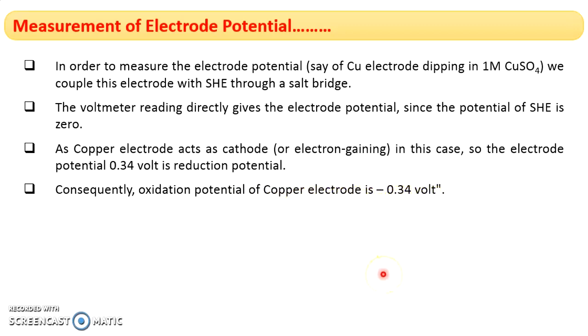Okay, in this way we can find out the electrode potential of sample electrodes. As we are maintaining standard conditions here, we are getting these values like 0.34, and if the conditions are changed, we will get a relative value. That value can be taken as the electrode potential of the sample electrode. It may be zinc, copper, or any other electrode. So this is how we measure the electrode potential of given electrodes.